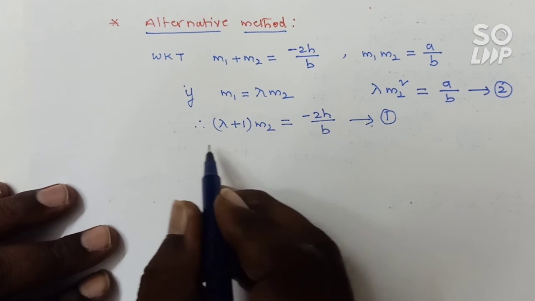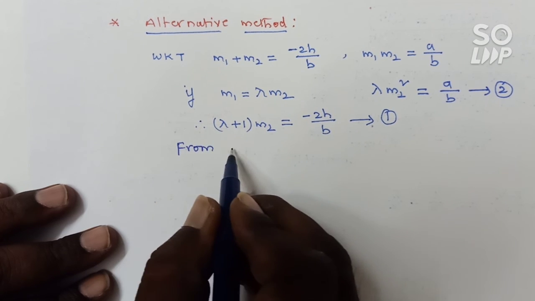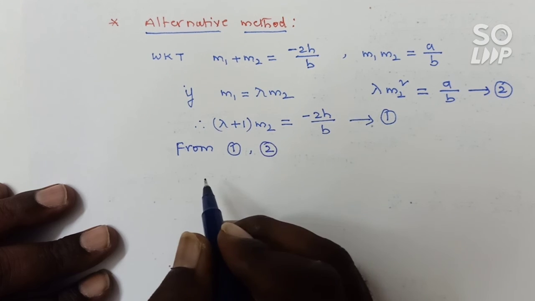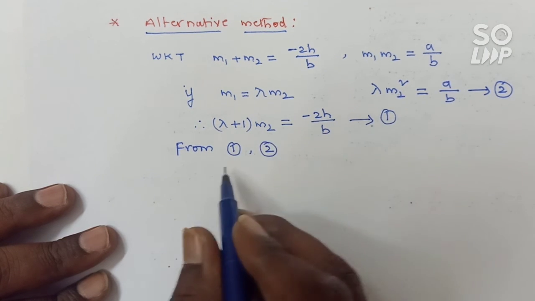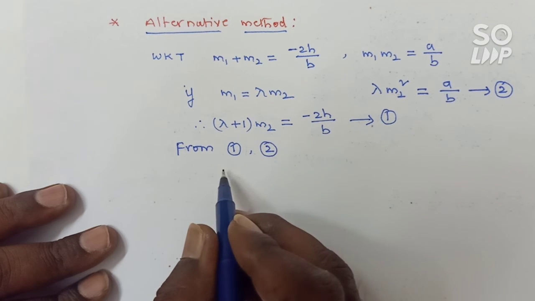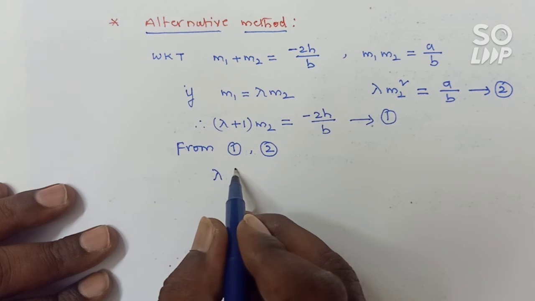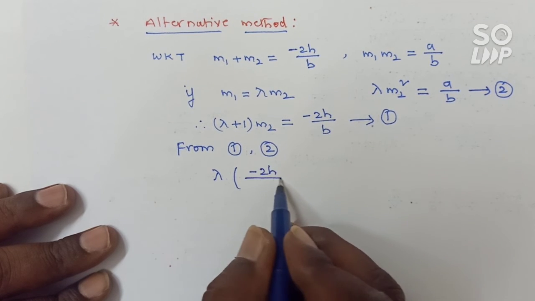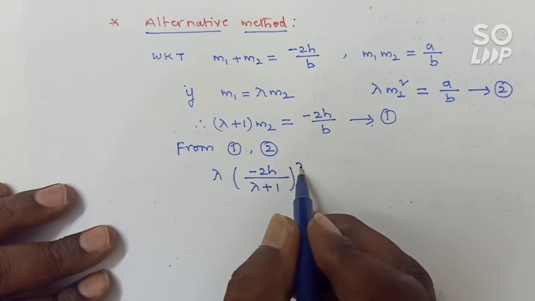Now from the first equation, m2 is equals to what is the value? From 1 comma 2, m2 is equals to, you write that value. m2 is equals to minus 2h whole divided by lambda plus 1 whole square